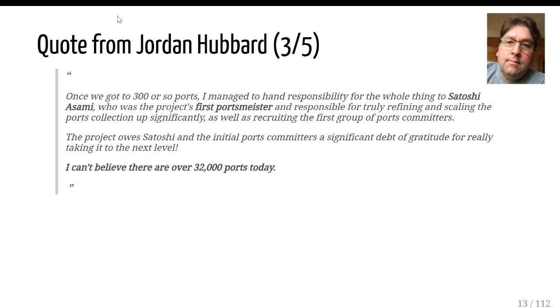Once we got 300 ports or so, I managed to hand responsibility for the whole thing to Satoshi Asamai, I hope I'm pronouncing that correctly, who was the first portmeister and responsible for truly refining and scaling ports collection up significantly, as well as recruiting the first group of ports committers. The project owes Satoshi and the initial ports committers a significant debt of gratitude for really taking it